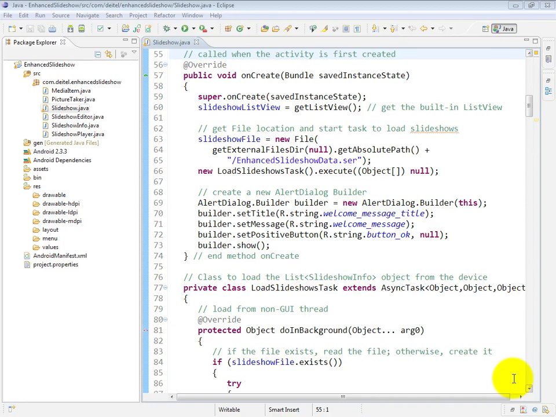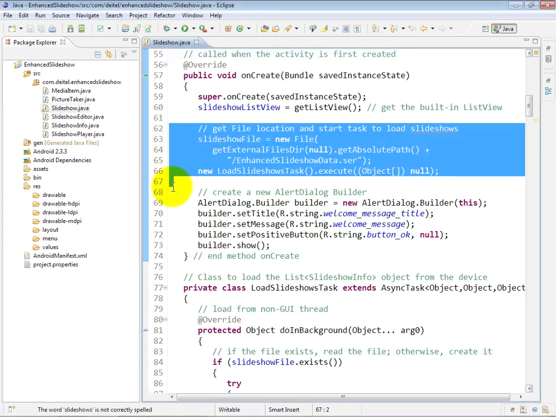As you'll recall, the previous version of the Slideshow app was not capable of storing the slideshows out to the device and loading them back into the app. However, that is one of the major changes to this version of the app, and when we initialize the slideshow activity via its onCreate method, we're going to attempt to go ahead and load up the existing slideshows if there